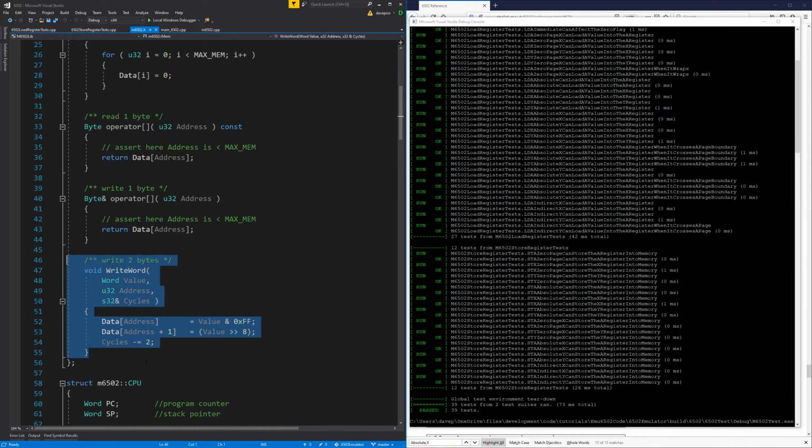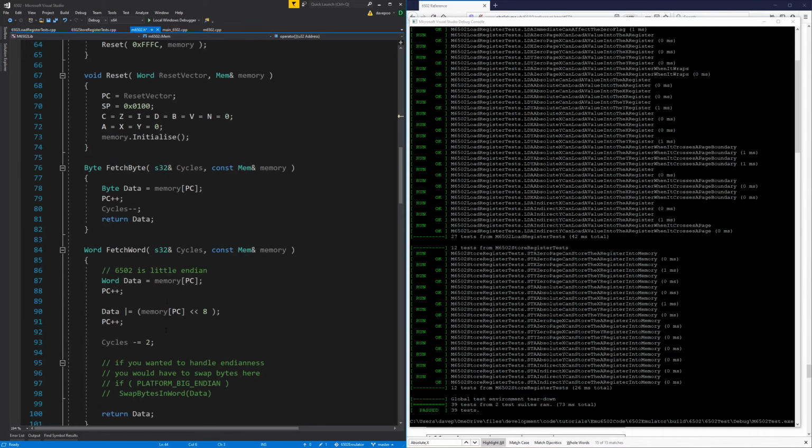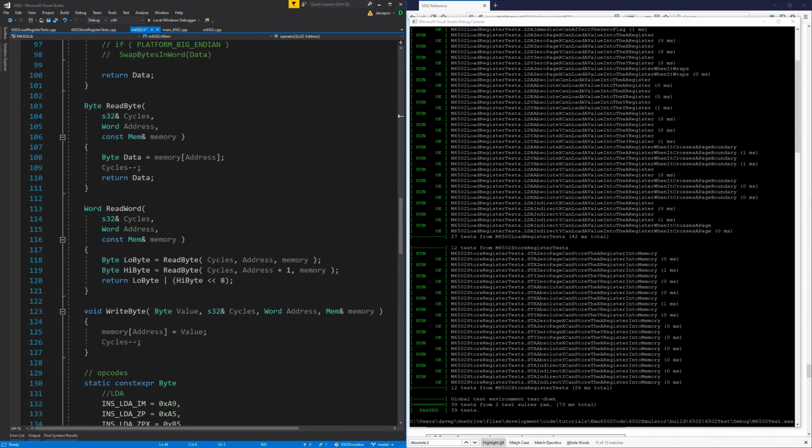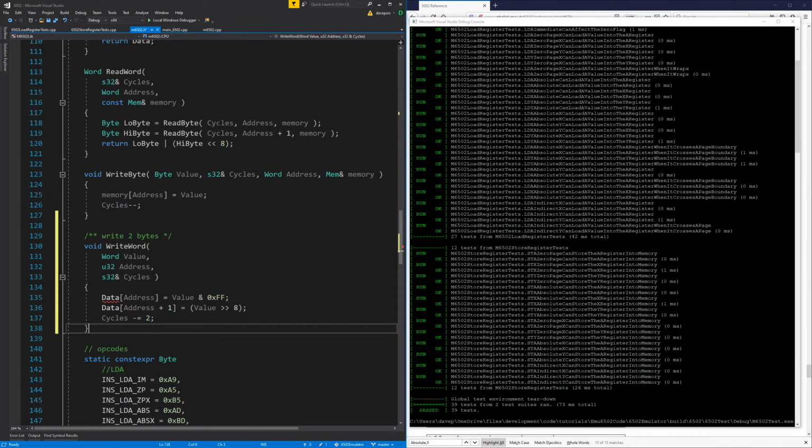So first thing I'm going to do is actually just move that into the CPU. This doesn't make too much difference, but it makes sense that write byte should be next to WriteWord. And also, why did I make that a U32? Because an address is a word. Oh, I always put world. So yeah, we write